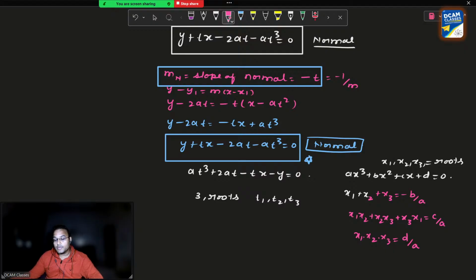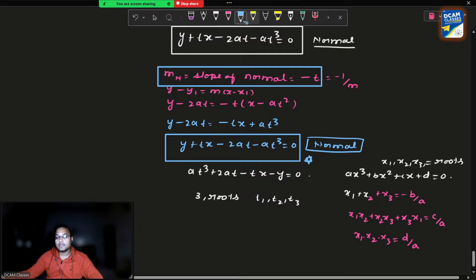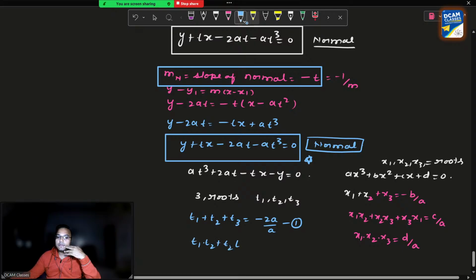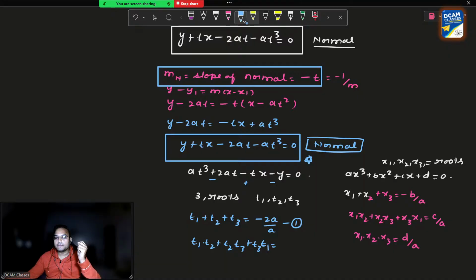like that, you can frame things here that t1 plus t2 plus t3, since it is cubic in t, will be equal to minus 2a by a. This is the first thing that you can get. I'll explain you the physical significance of this also. The product of t1 t2 plus t2 t3 plus t3 t1 is equal to, this is minus, this is plus, this is minus. It will be